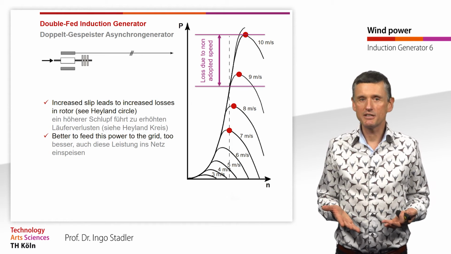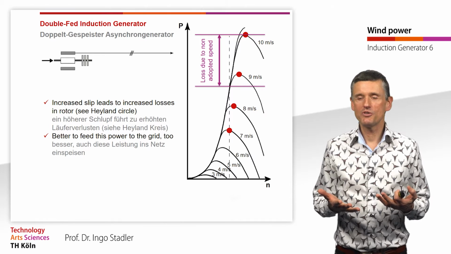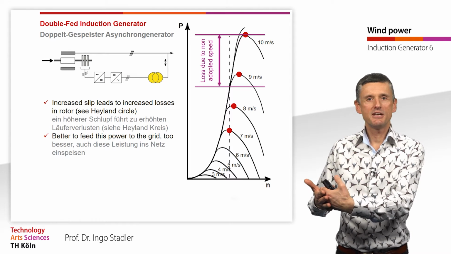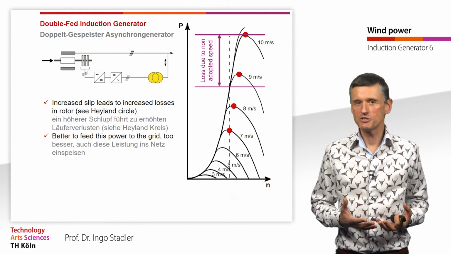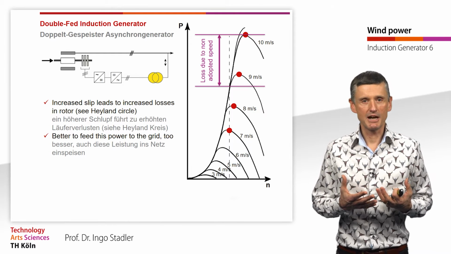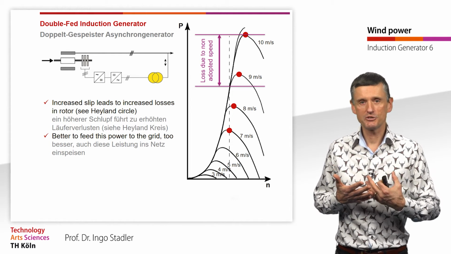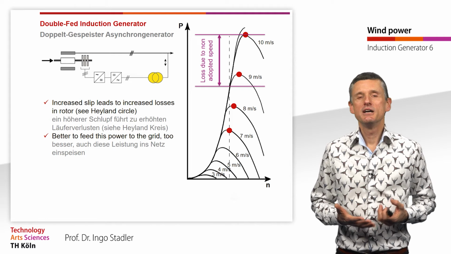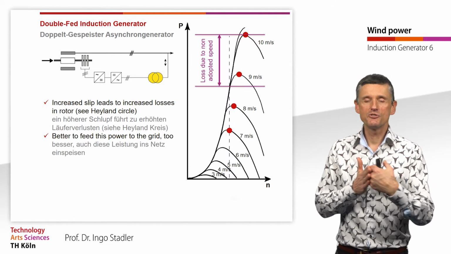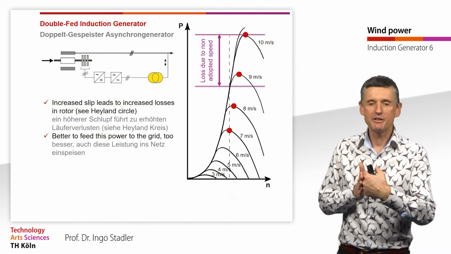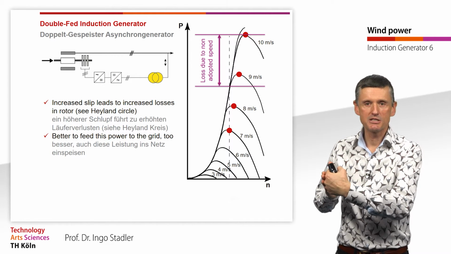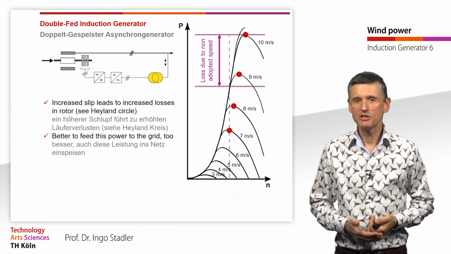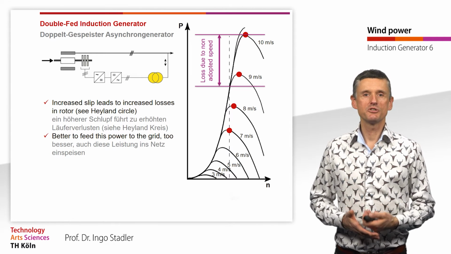But we can't do that because in the rotor we have a different frequency than the 50 Hertz we need for the grid. And therefore in this concept we use a frequency converter to convert this current in the rotor to 50 Hertz. And then with an additional transformer we adapt the right voltage level. And then we also can, in an over-synchronized operation with a higher mechanical speed than the one planned for the 7 meters per second here, improve the power transmission to the grid.